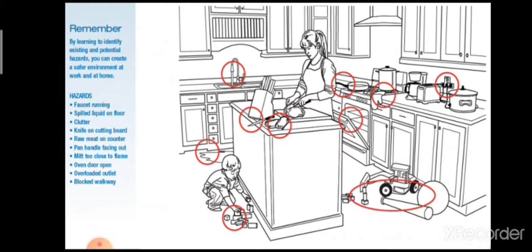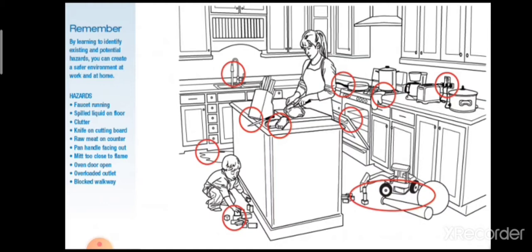Remember, by learning to identify existing and potential hazards, you can create a safer environment at work and at home. Were you able to identify some of the hazards and risks? Here are the hazards. Faucet that is running, spilled liquid on the floor, clutter or mess, knife on the cutting board,